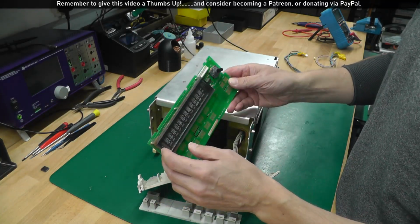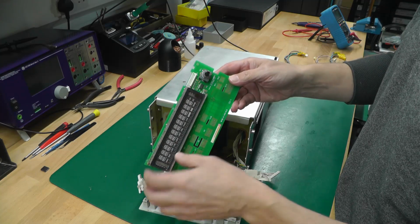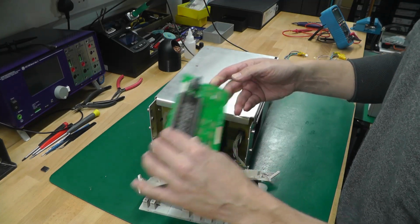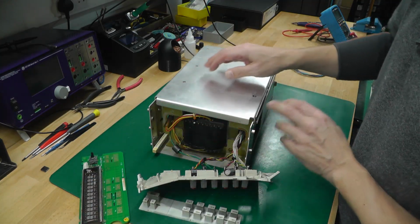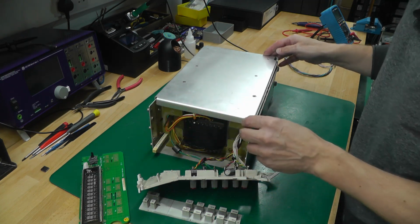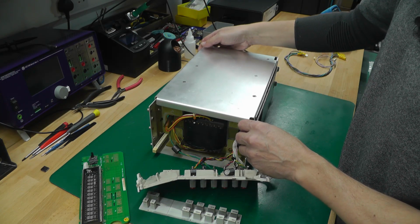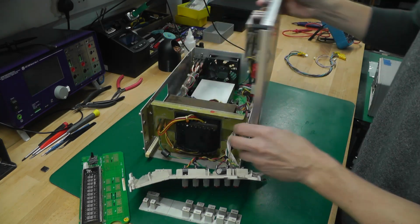It looks to be intact, a little bit rusty, but I don't see any breaks in the glass or anything like that, so hopefully the VFD is okay. The rest of it does look to be intact. It doesn't look to be bent. The chassis enclosure doesn't look to be bent at all, which is a little bit surprising. And inside we've got the